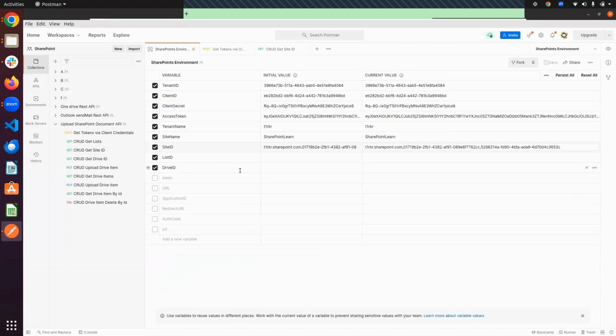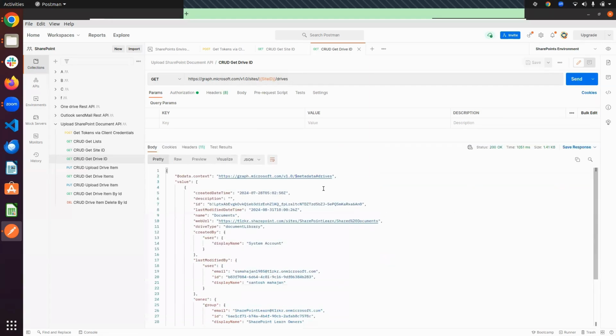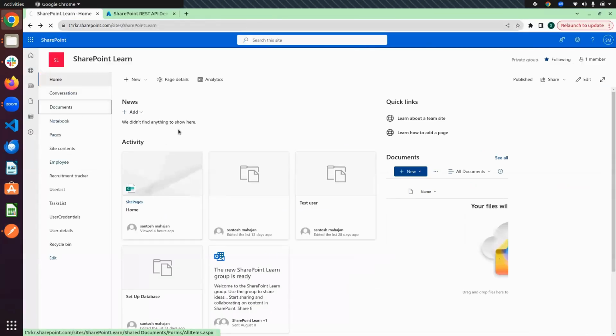Now, friend, we need the drive ID. This is our drive ID API, right? We are passing the site ID right here and sending this. So friend, you can see we are showing a drive ID here. It's the Documents library, the document library ID, right?